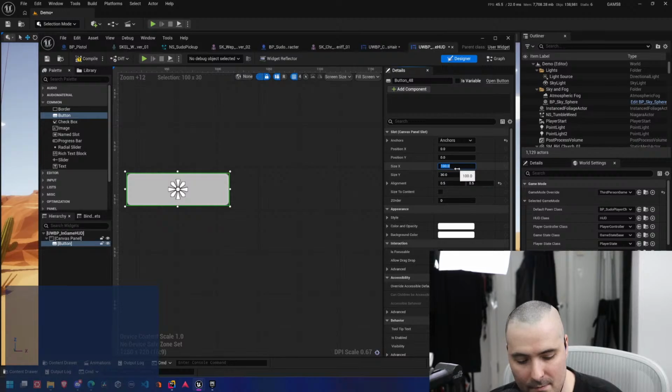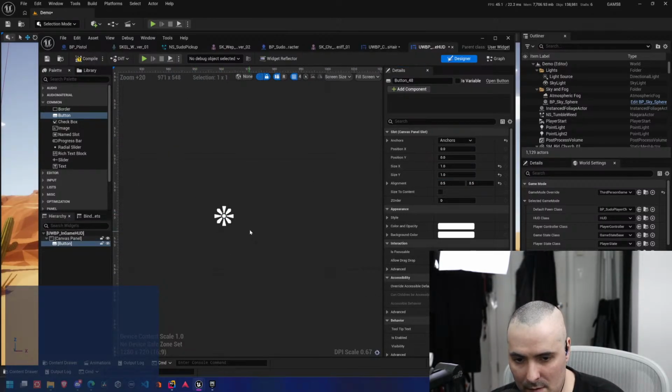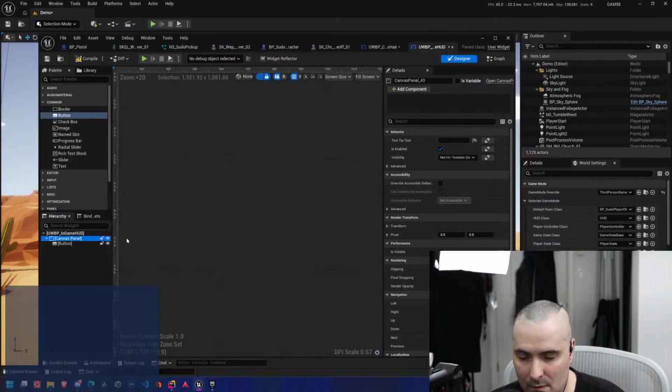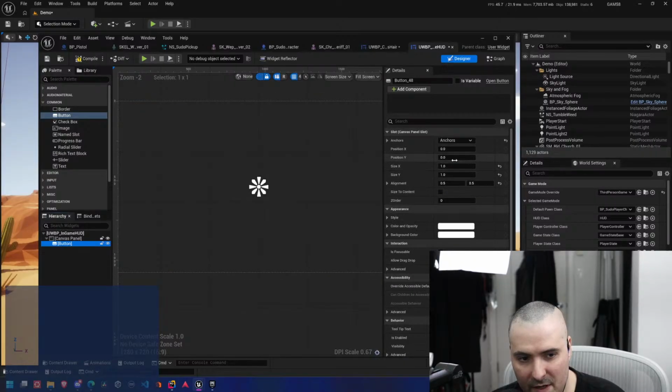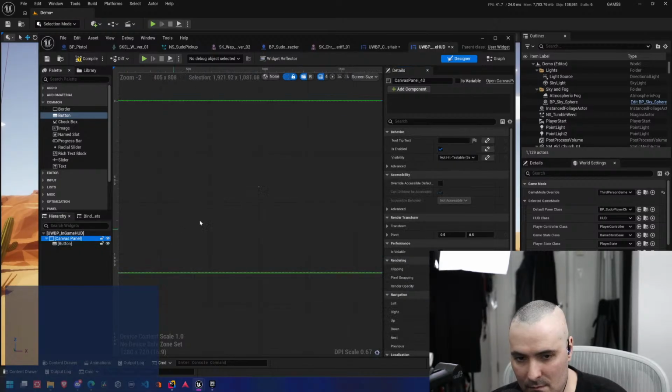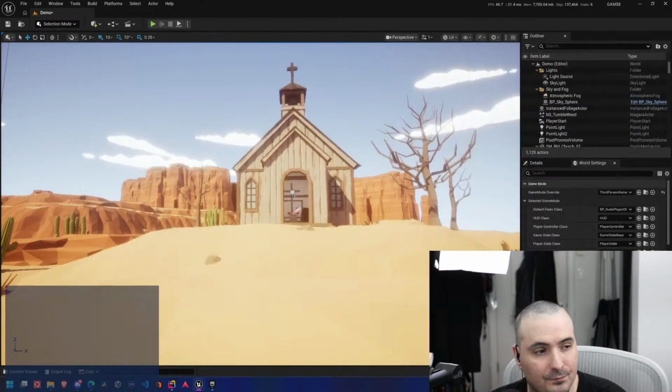But there is the problem of the size, which we want maybe 1 and 1. Okay, let's make this a bit bigger. Look at that. I got my circle. Now if I go like this and we pop that down into the HUD class.